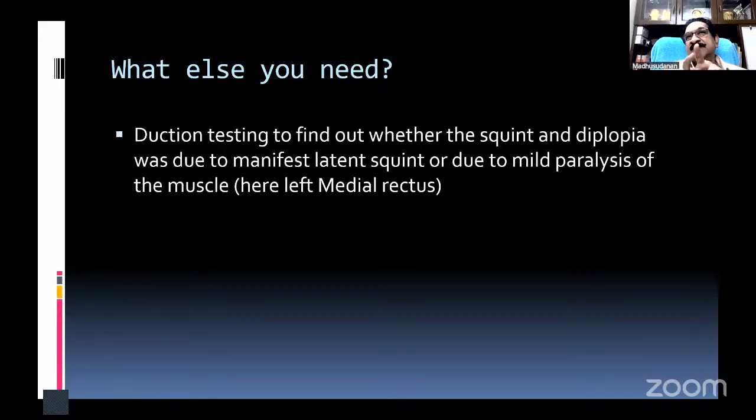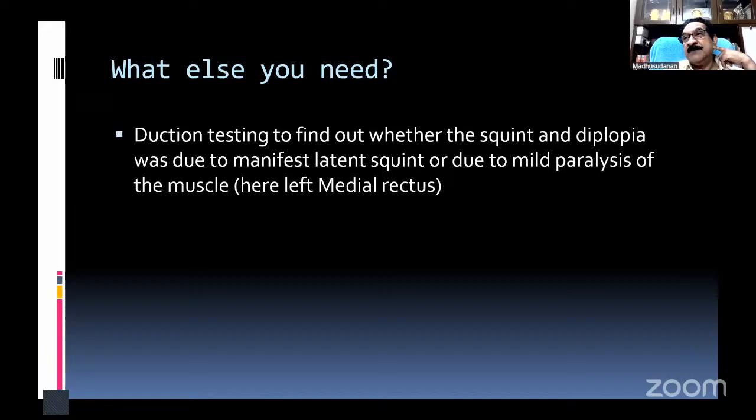Suppose there is a problem with adduction testing: in mild weakness, you cannot pick it up. Imagine a mild lateral rectus weakness on the right side. When you look to the right with both eyes, you can find the mild disconjugation, meaning the left eye is moving much more than the right eye, so there must be some lateral rectus weakness on the right. But if you close one eye, that mild restriction can be overcome by excessive innervation from the brain, so the mild weakness may be cancelled out and not be seen.